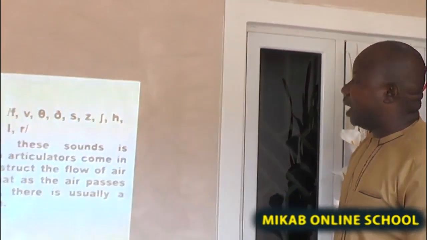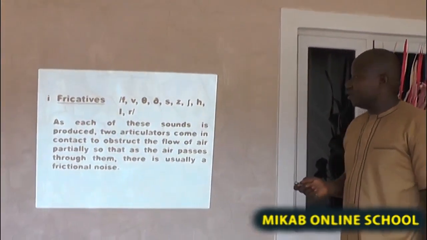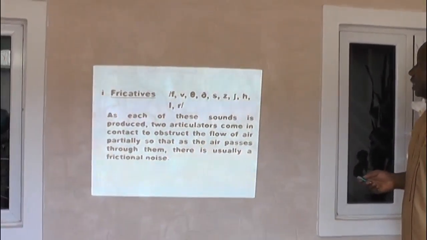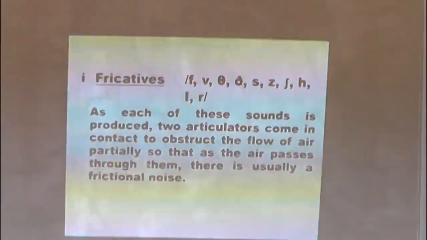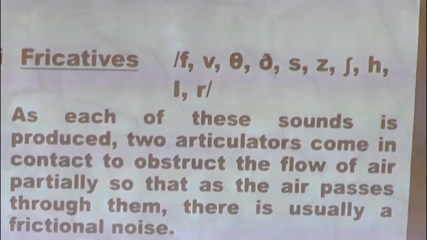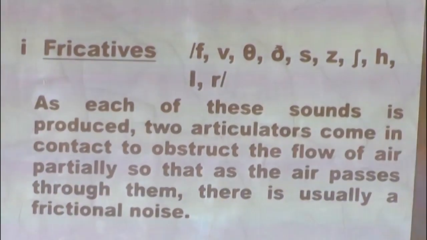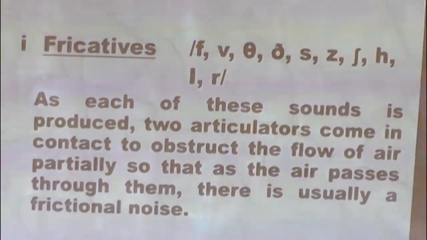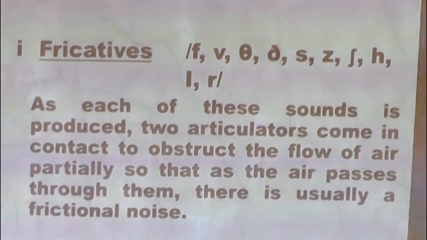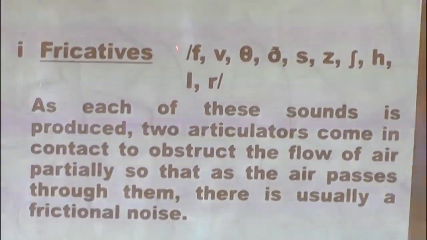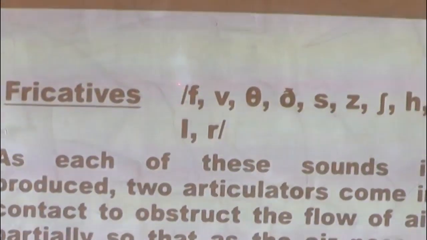So let's look at the classification under this. We have the fricatives. Now here, as each of these sounds is produced, two articulators come in contact to obstruct the flow of air partially, so that as the air passes through them, there is usually a frictional noise. Let's pronounce this and see. The first one here is fa sound, as I've explained,